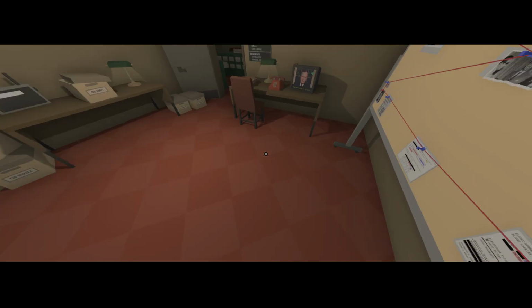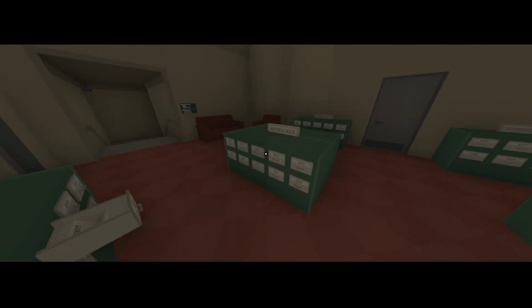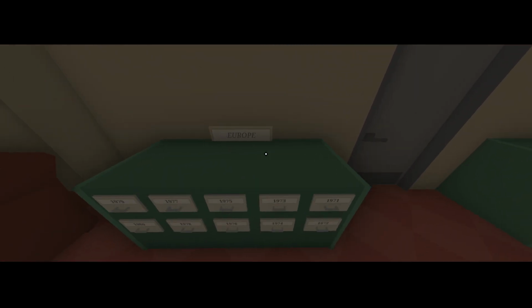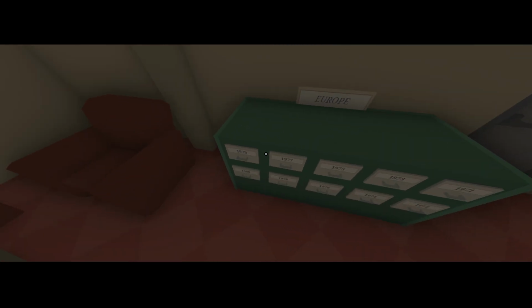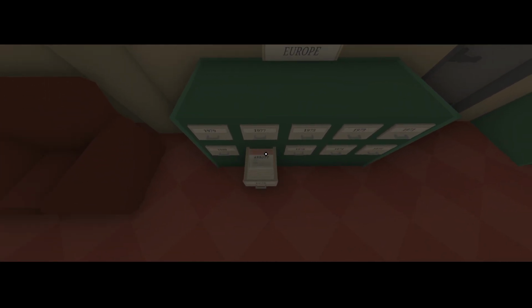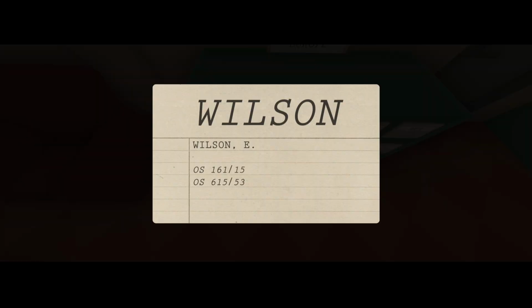Let's check Europe, 1978 maybe for Edwin. 1978. Hobbs to Newman, Vega, Vogel, Edwin Wilson. Okay, we don't have anything on Edwin Wilson actually.